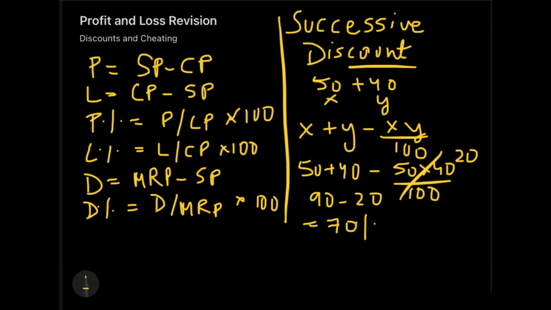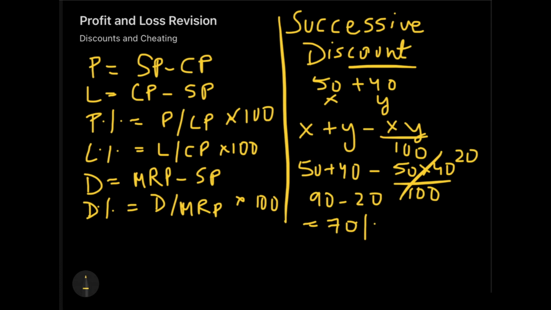90% discount on 1000 rupees is equal to how much? 900 rupees would go in discount itself. So you are left with rupees 100 as the price of the product. But if I do the same thing successively, first I'll give you 50% discount, which will give you 500 rupees as the selling price, and then on that 500 rupees I'll calculate a 40% discount, and then when I eventually calculate the total discount, I find it to be 70% of the total MRP.